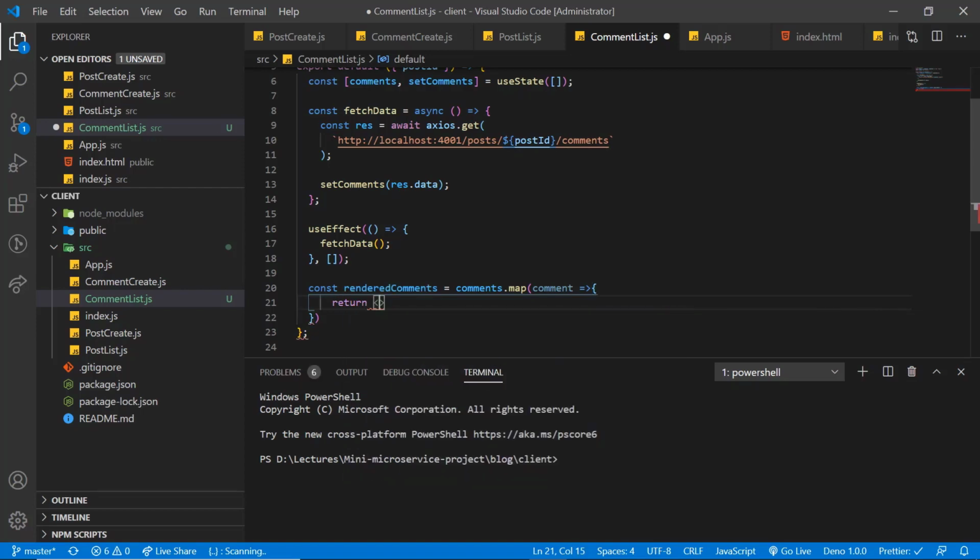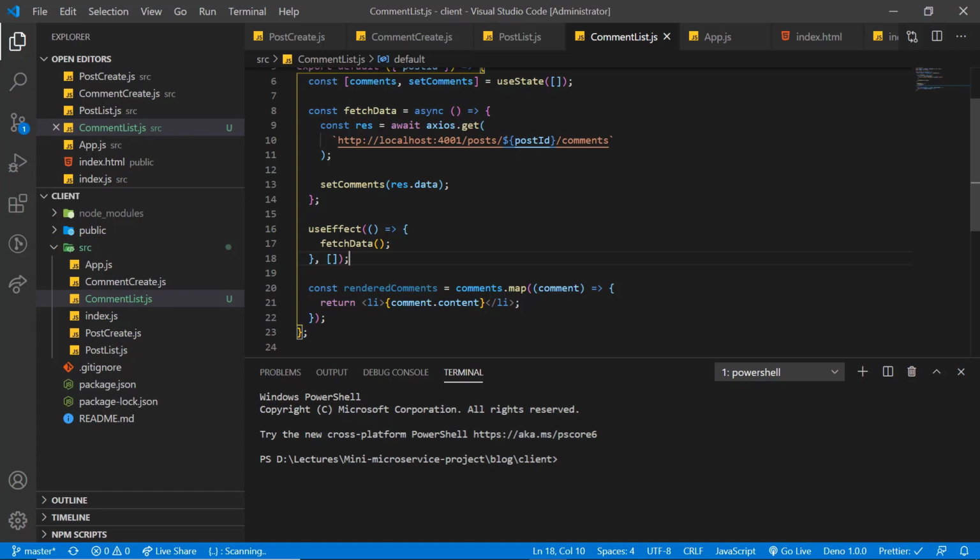So return li and then close this. Inside this li we will display the content of the comments, because I hope you guys still remember that for every comment we have created a content property earlier. So this is going to be comment dot content. Save this.